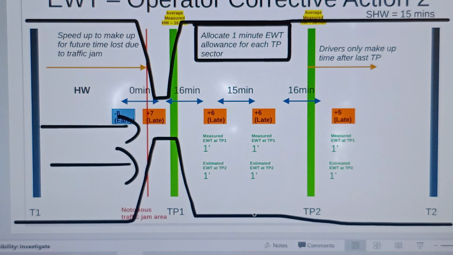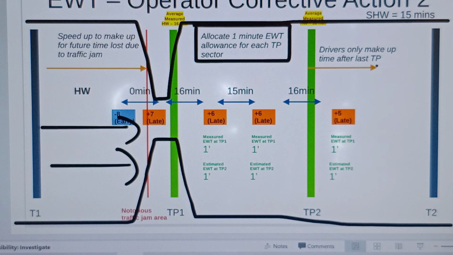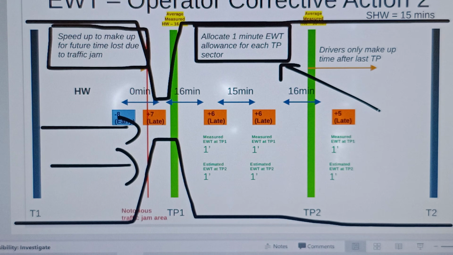You can explain it in prose, you could explain it in point form. Even if you don't have all the keywords, but you are thinking along the correct lines, it's fine as well. The main intention is to make people learn something from my video. So again, it's the same thing. Drivers only make up time after the last point stop. Everything is the same. The only thing you change is that you tell them to speed up here, and then you allocate 1 minute to cushion the impacts of it. So this is one.